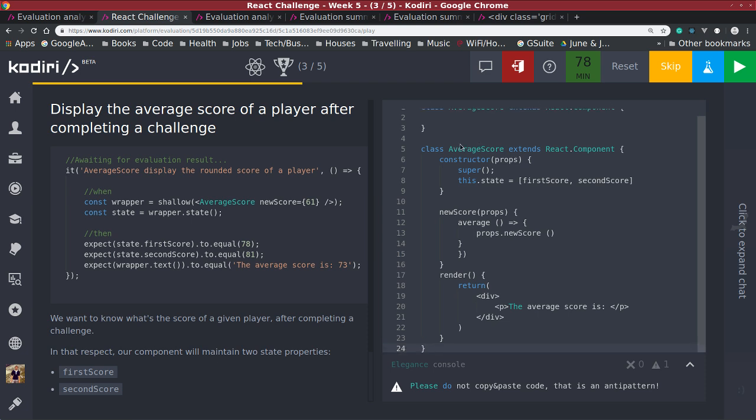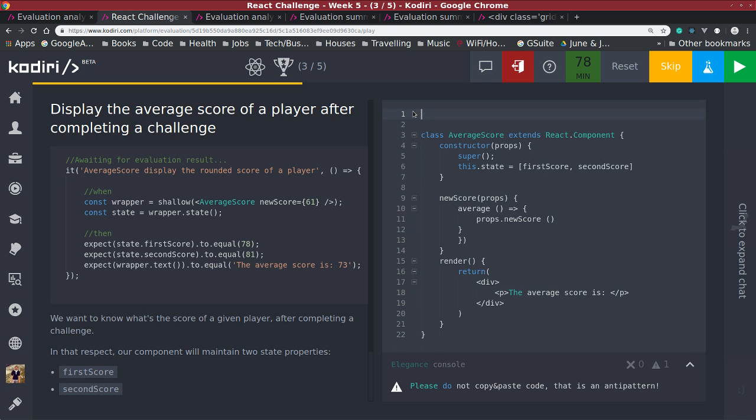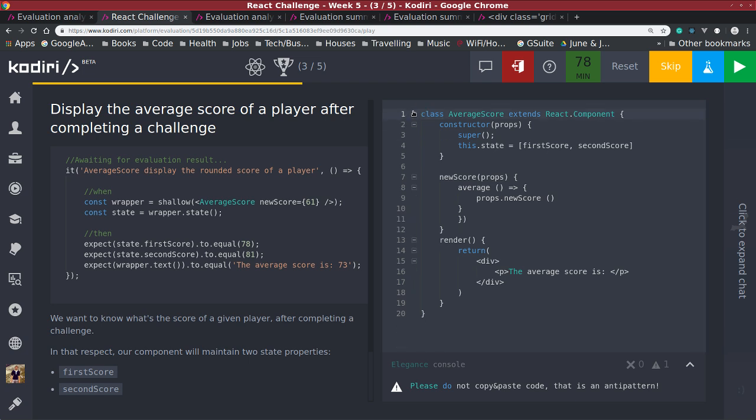So all you were given is a class definition, so I'll get rid of that. He's created a constructor again, passed in some props, called super. this.state equals an array of first score and second score. Is that gonna work? No. So you're trying to get that out of the props, yeah? So if you wanted to do it like that,